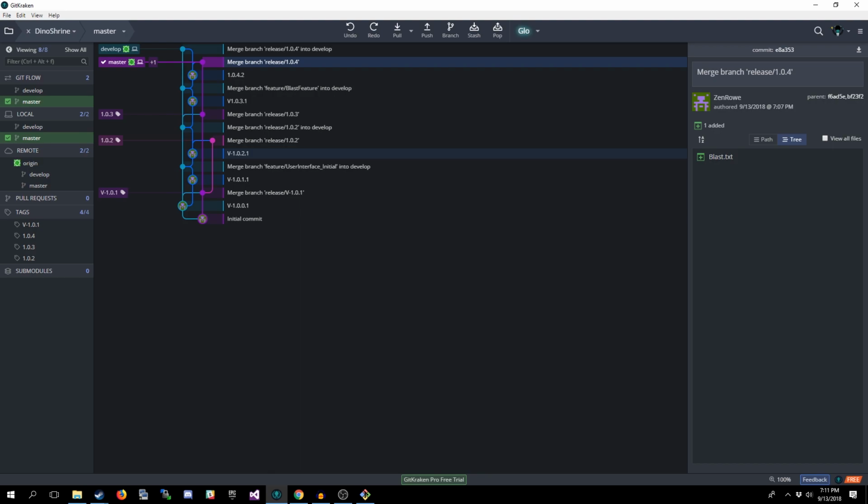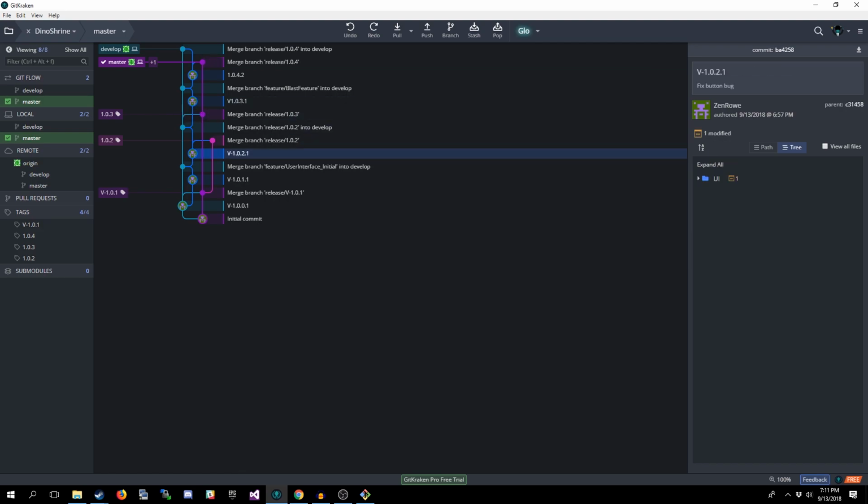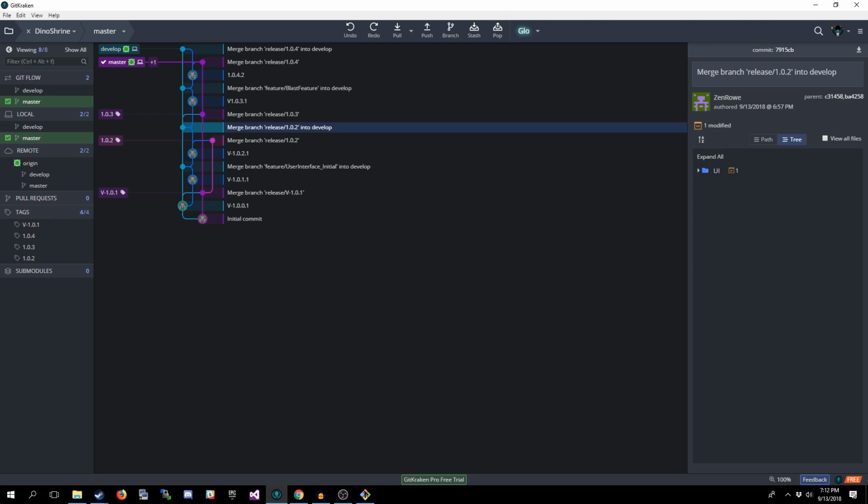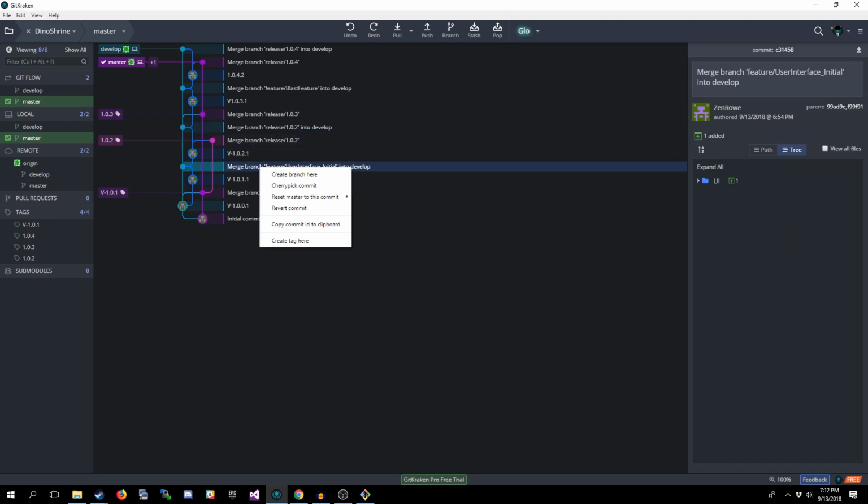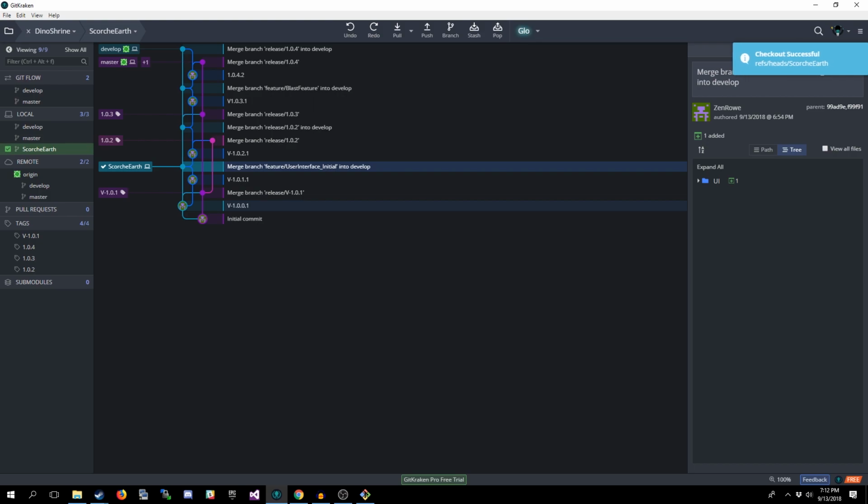Make sure that if you are making changes to any files that you are doing it either at the head of a branch, or if you need to actually come back to one of these earlier commits, which you can do. So let's say we just merged the user interface in. But let's say we really need to roll back to this section. Okay, all of these changes, they're bad, they're terrible. We're going back. We're scorched earth here. No pun intended. We can right click on that, hit create branch here. Okay, so now we've created a new branch. We can make changes to that and everything.